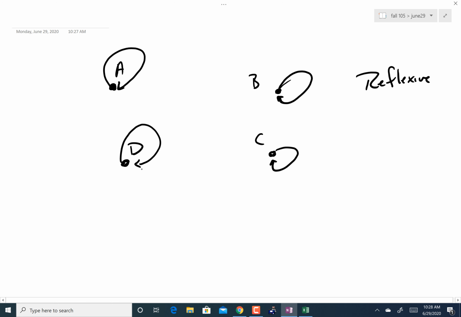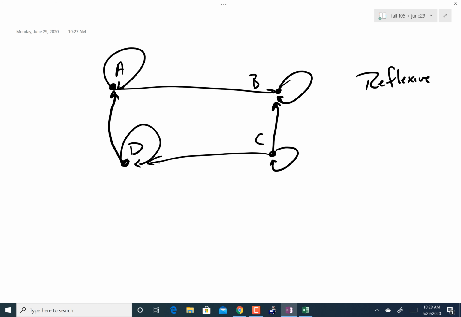Okay? Now, if I drew this line in, and I drew this line in, and I drew, I don't know, this line, and I don't know, just say this line here, for instance. It is not symmetric because why? Because the lines don't go both ways. Does that make sense? In other words, for this to be symmetric, so I have right now, let's say